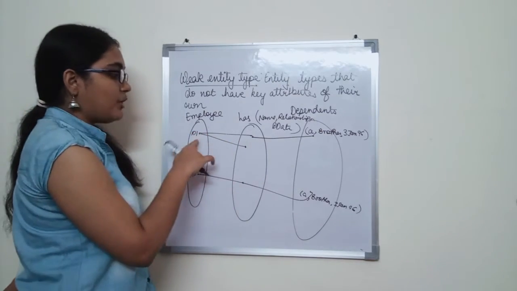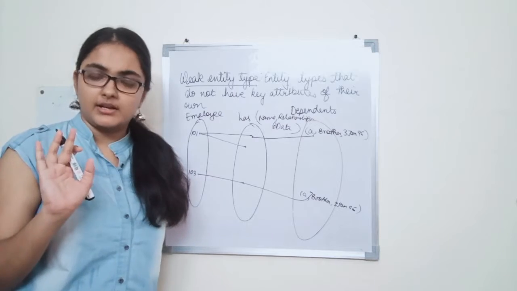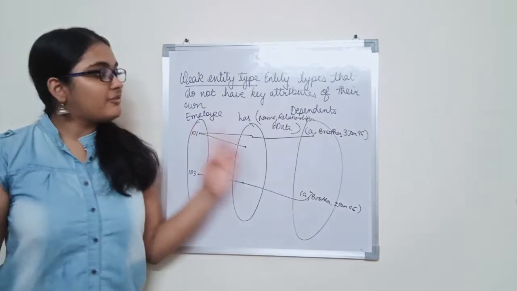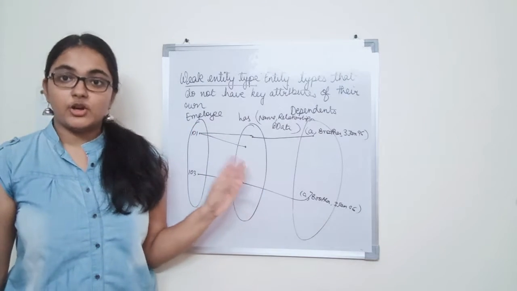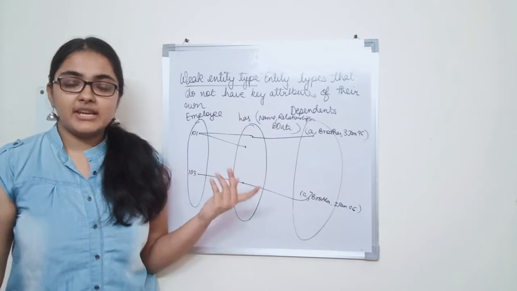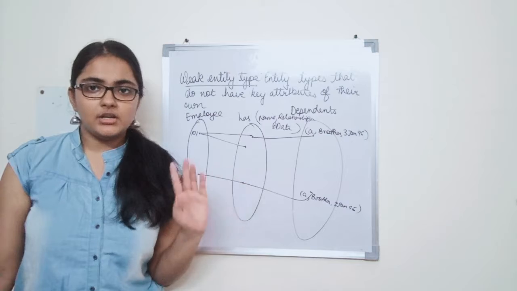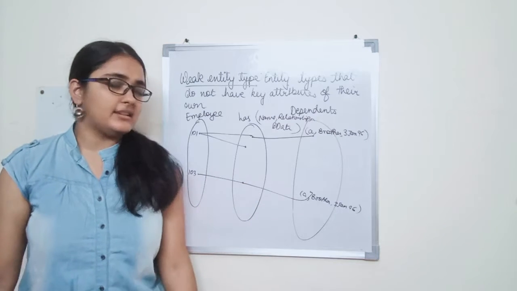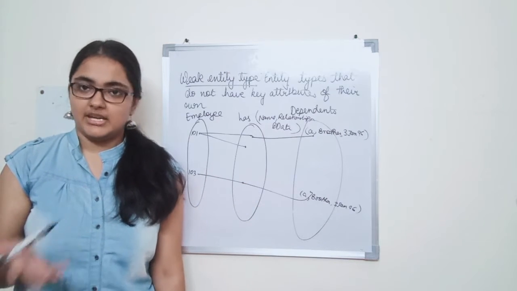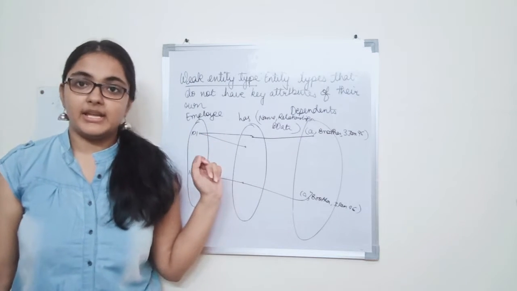Let us say an employee can have many dependents, and an employee may not have any dependent. So the participation of employee in "has" is not total. Not every employee needs to have a dependent. Logical, right? Is it necessary for every employee to have a dependent? No, it is not necessary. There can exist an employee who does not have any dependent, but if there exists a dependent, it has to relate to the corresponding employee.